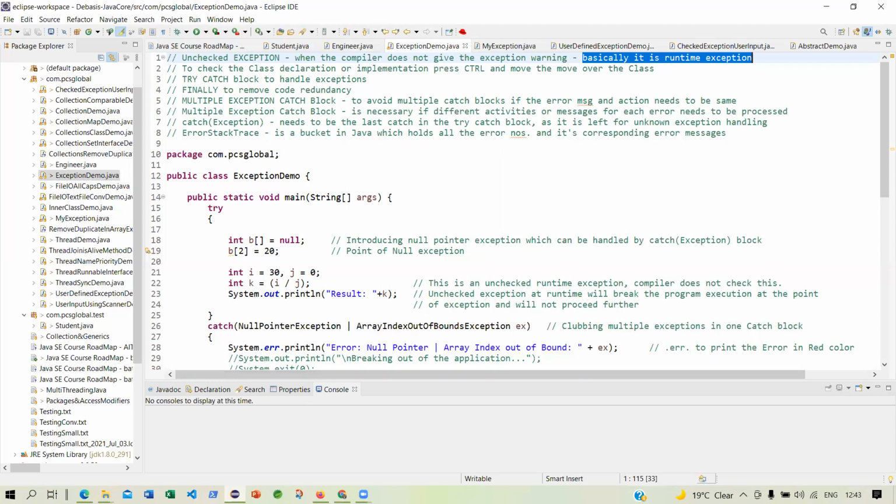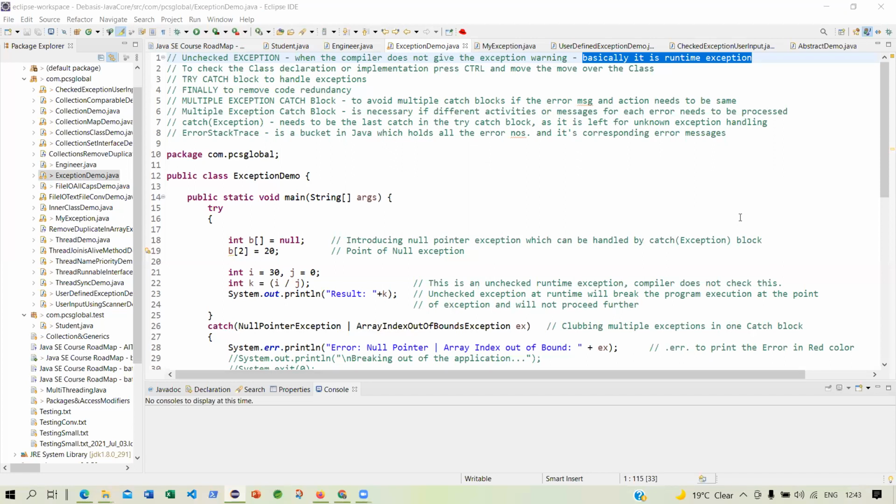But you have done a logical mistake. You have done something like a division by zero error. Now, division by zero error is not a compilation error. It's a logical error, right?